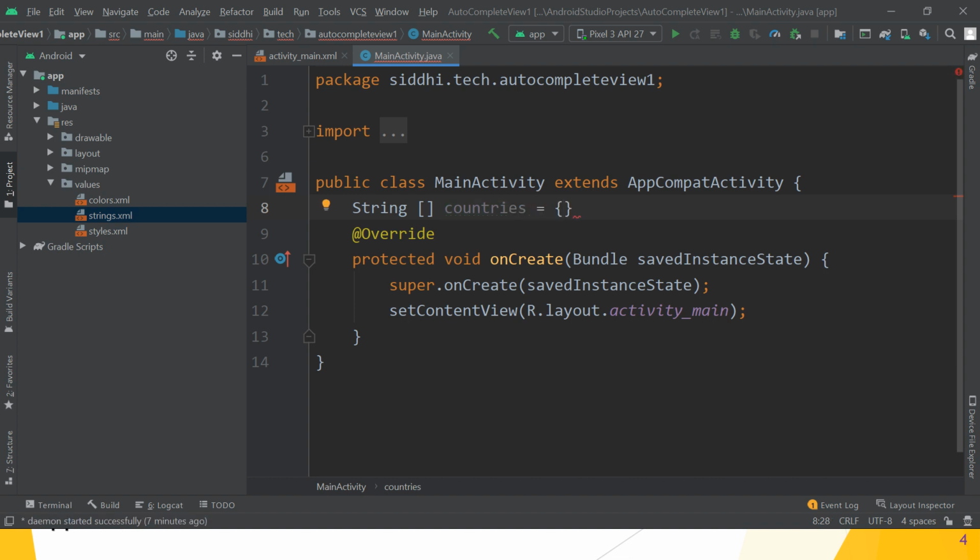You can assign any: India, Nepal, China, USA, UK, Austria.